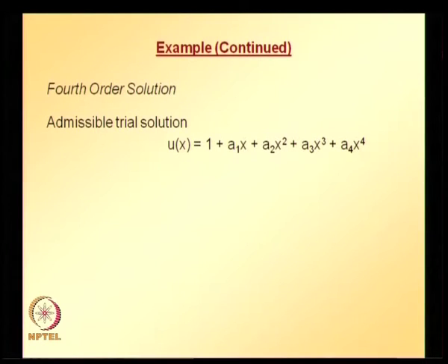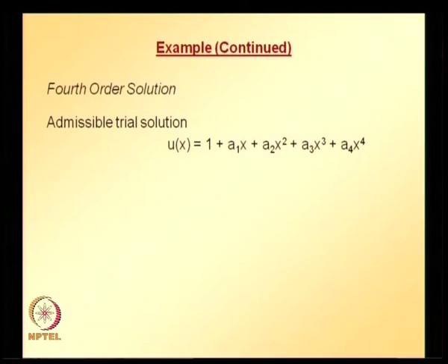Again, the story is the same, that is, you start out with some polynomial. Here we decided to go with a 4th order polynomial, that is u is equal to a naught plus a1x plus a2x square plus a3x cube plus a4x power 4, and when you substitute the essential boundary condition, that is u evaluated at x is equal to 0 is 1, then that results in a naught is equal to 1. So, then substitute a naught is equal to 1, you get the admissible 4th order trial solution.